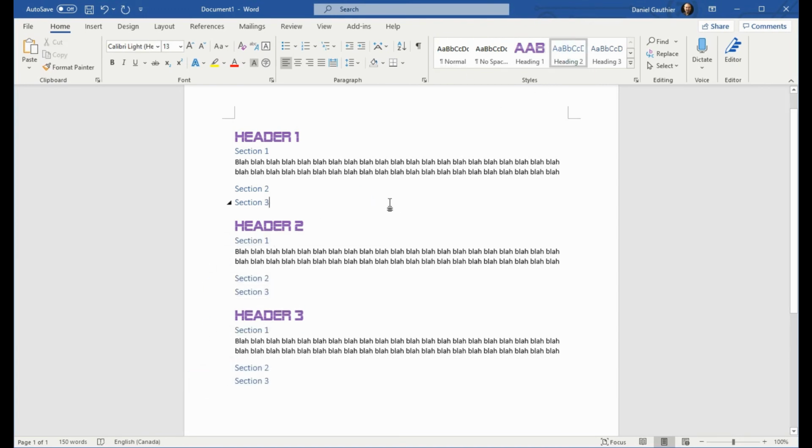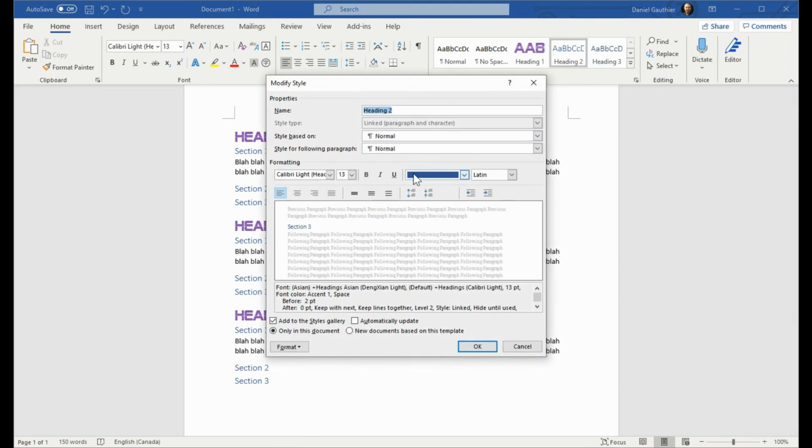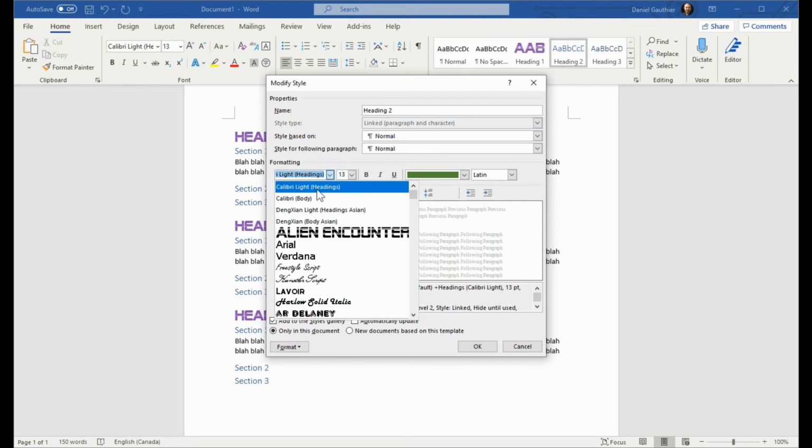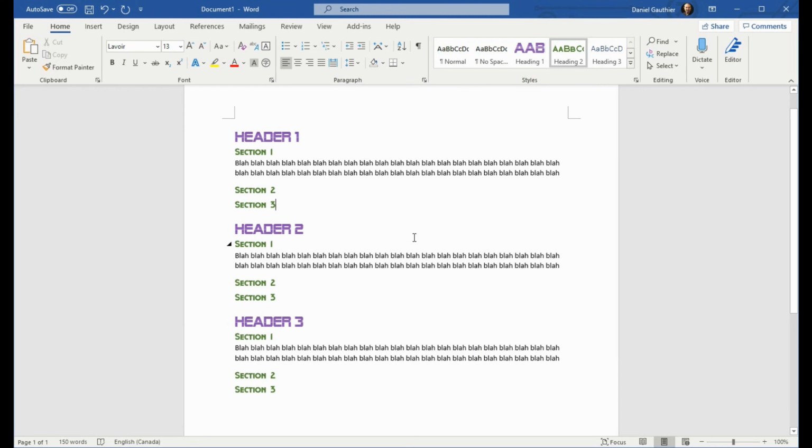Again, now that we've got the Heading 2 set and we did it by the style, we can modify that Heading 2 style. I'm going to go with our company colors, and maybe we'll do something like this, and we'll keep the size as it is, and now you can see that stands out.